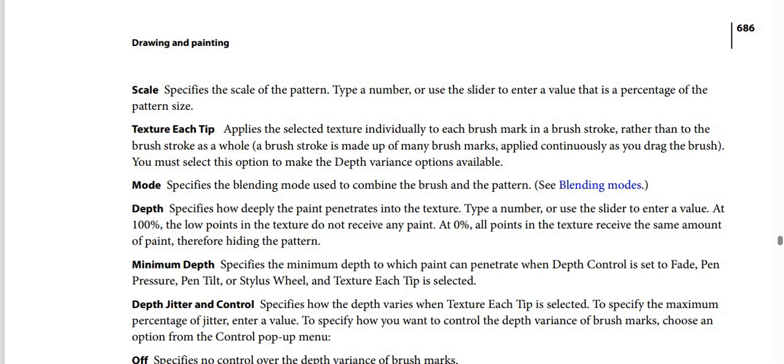So what about mode? Mode specifies the blending mode used to combine the brush and the pattern. So what's the meaning of depth? Depth specifies how deeply the paint penetrates into the texture. Type a number or use the slider to enter a value. At 100%, the low points in the texture don't receive any paint. At 0%, all points in the texture receive the same amount of paint, therefore hiding the pattern. So what's the meaning of minimum depth? Minimum depth specifies the minimum depth to which paint can